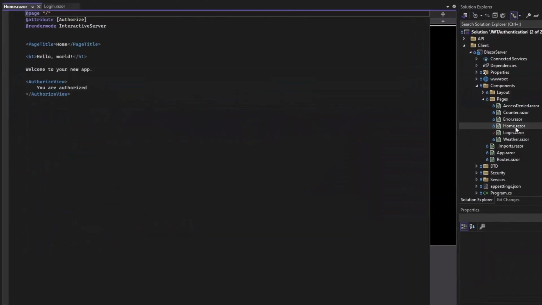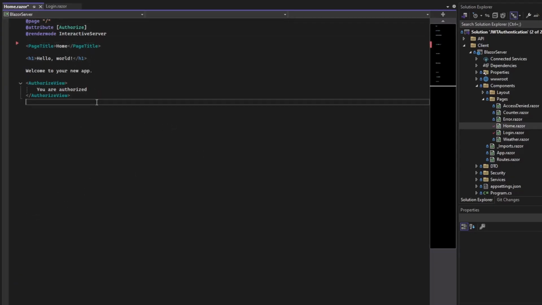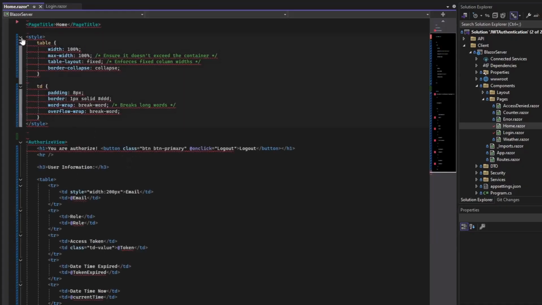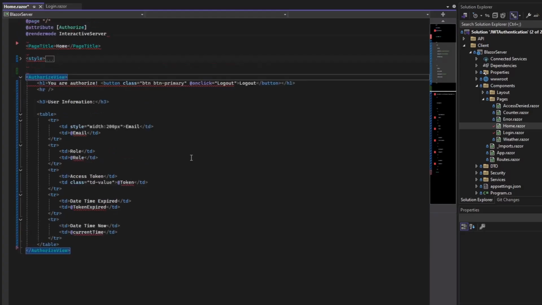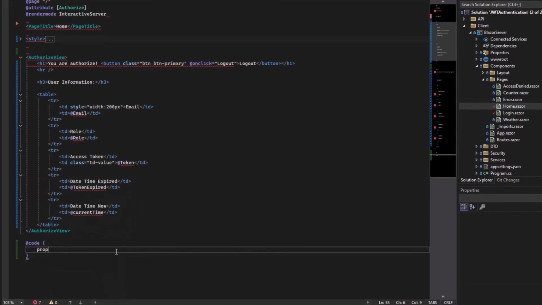And now in our home page, we will show the user information in here. And again, you can also download this source code for the view. I just put it in here. Okay, this is the style. I can minimize it. And yes, we have new properties in here.